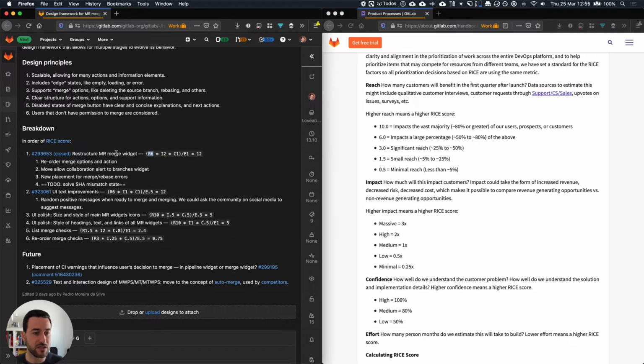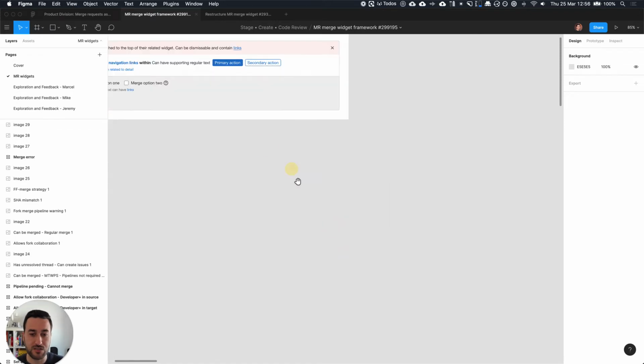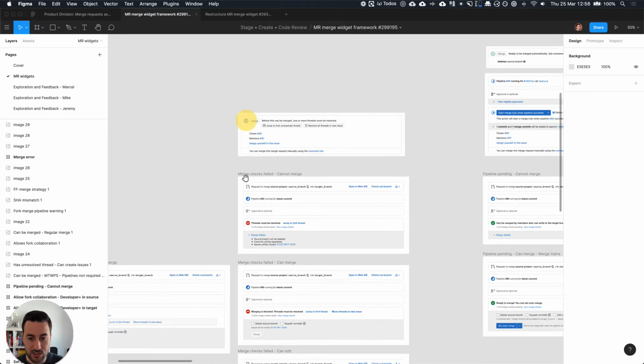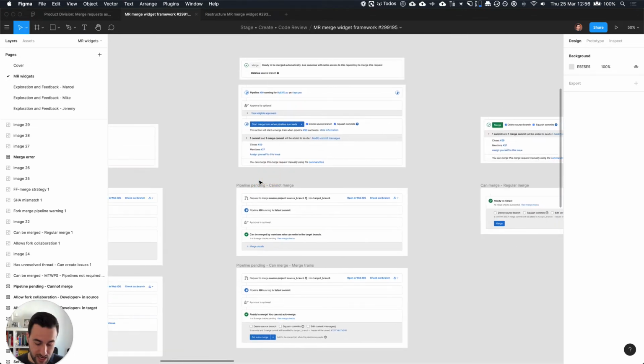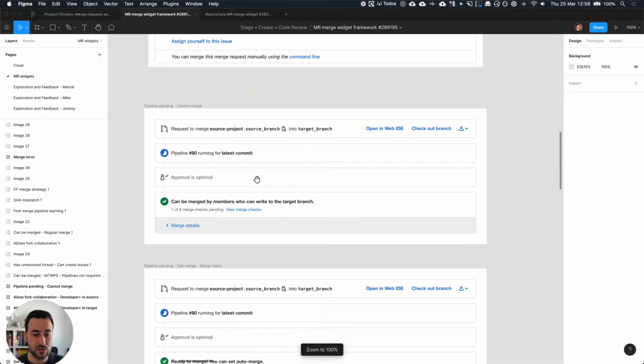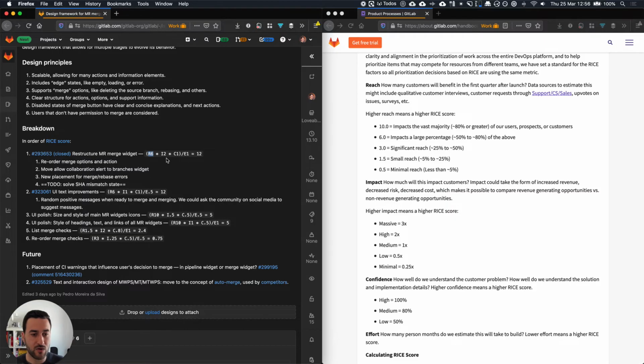In this specific case, the merge widget is only visible to users that can merge, it's more used by the users that can merge. Anyone can see this widget. There are certain elements that are interactable by almost anyone that sees a merge request, but only certain people can merge, and those are the people that this would have the biggest impact, that see all of these different options and that see the button. So I scored this with a 6 because I think it's still a large percentage of users who use merge